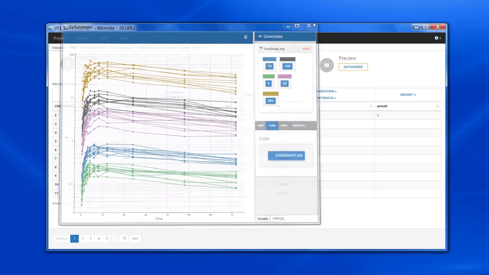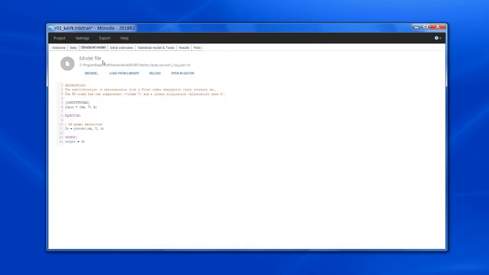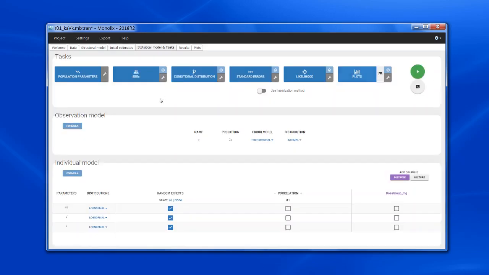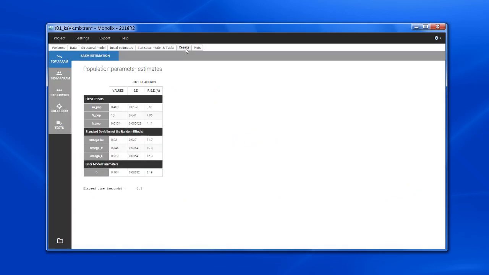To model this dataset, I have chosen a one compartment model from the PK library, parameterized with the absorption rate Ka, volume V, and elimination rate k. I have set the initial values, and this model has already run, so we can directly go to the results, where we see the estimated population parameters and the reasonably small standard errors.